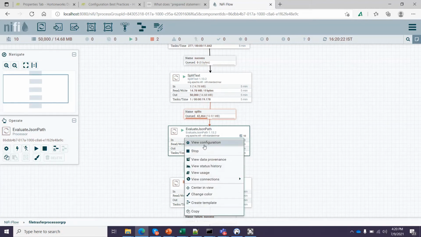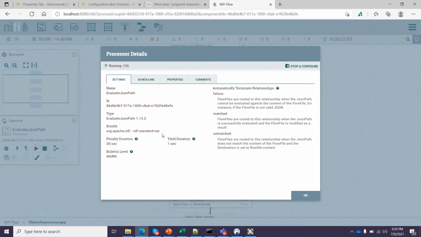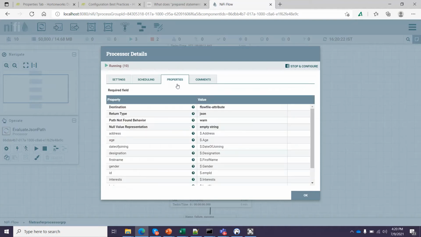Let me show you. In the processor details, I created these attributes: address, age, date of joining, first name.